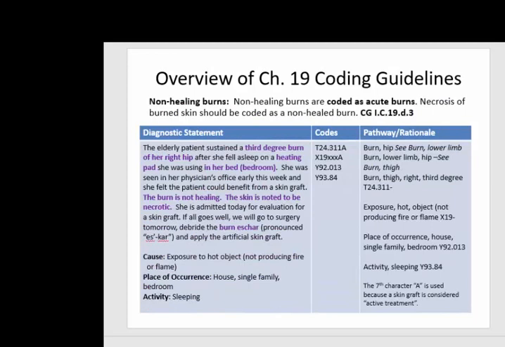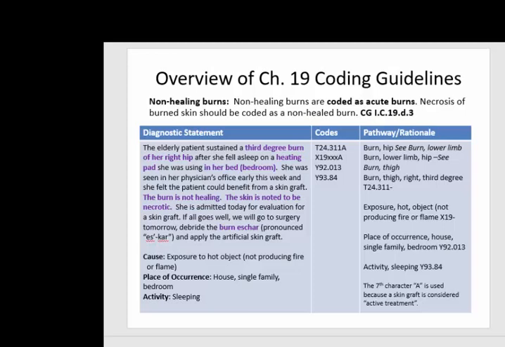The next guideline talks about non-healing burns. Whenever the diagnostic statement says a non-healing burn, you're going to code that as though it were an acute burn, because the necrotic tissue is considered a non-healed burn. I've introduced you to a term here called eschar. Eschar is the black, dead skin, basically necrotic areas over a burn, that has to be removed in order to apply